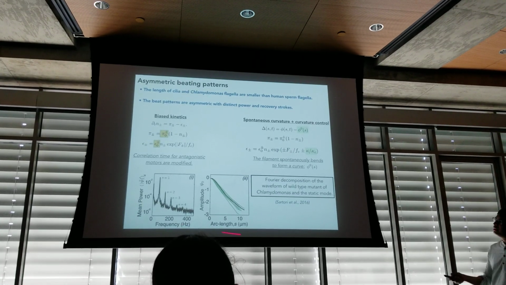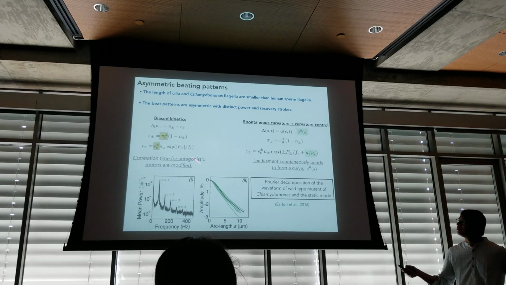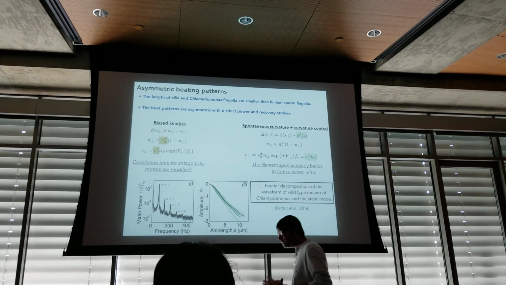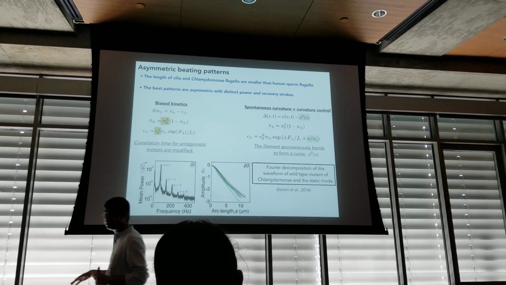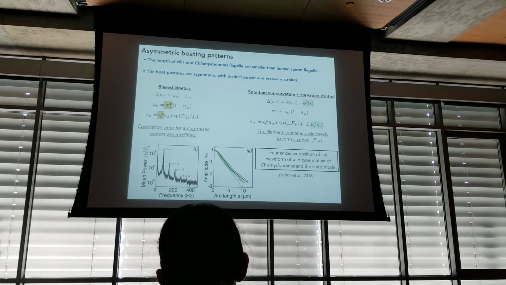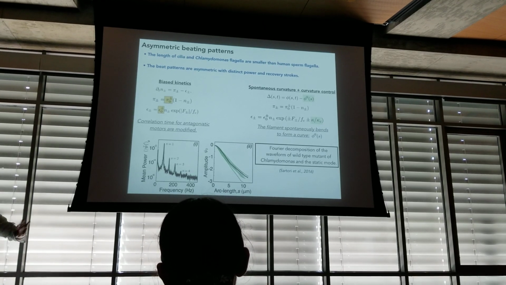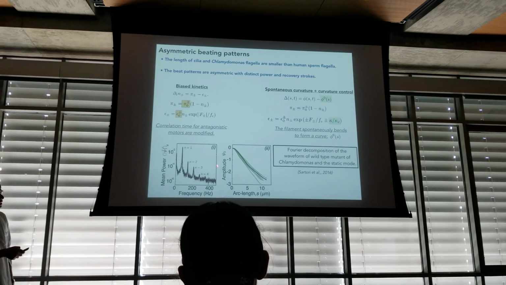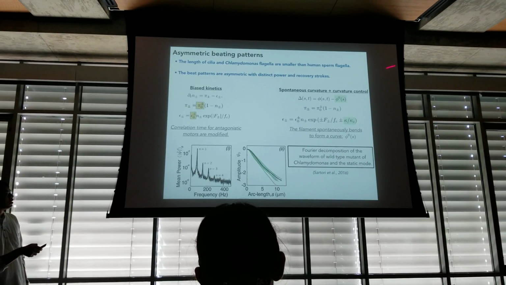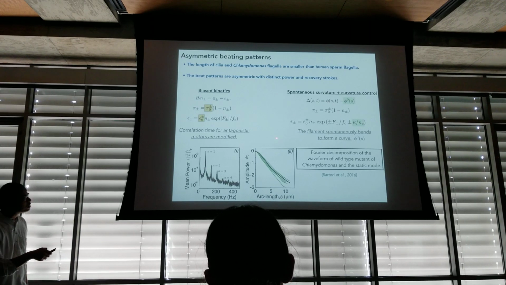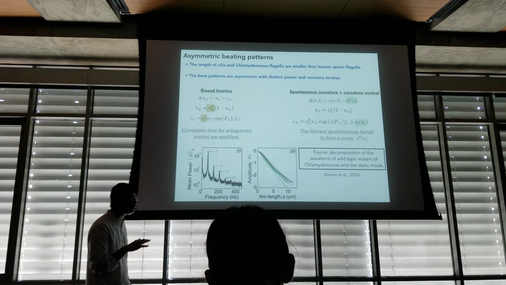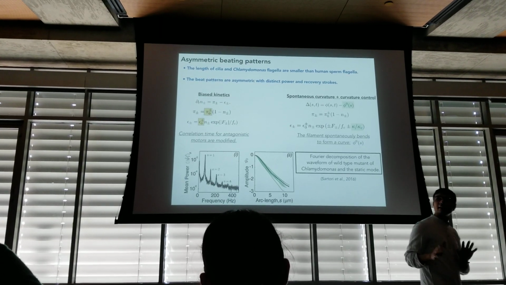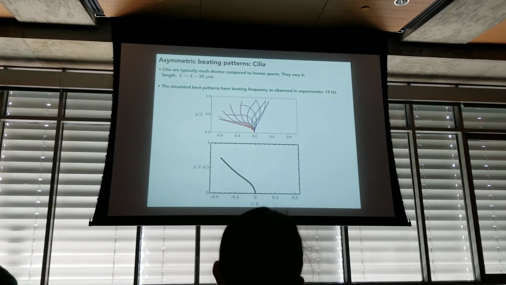We can build those in an effective way in this model by some description where we propose the kinetics of the molecular motors to be biased, which means one group of motors has a higher probability of attachment than the other. As a result, the structures are biased towards bending in one direction compared to the other, and these biases break this left-right symmetry. For Chlamydomonas, it's known from experiments that they have a static mode of deformation, which you can build in the model through a spontaneous curvature. And then you also need to tweak the detachment rate and make it depend on curvature, and that's again something that's been proposed in experiments. So we do that, not going into the details. And with that, we have these kinds of waveforms.